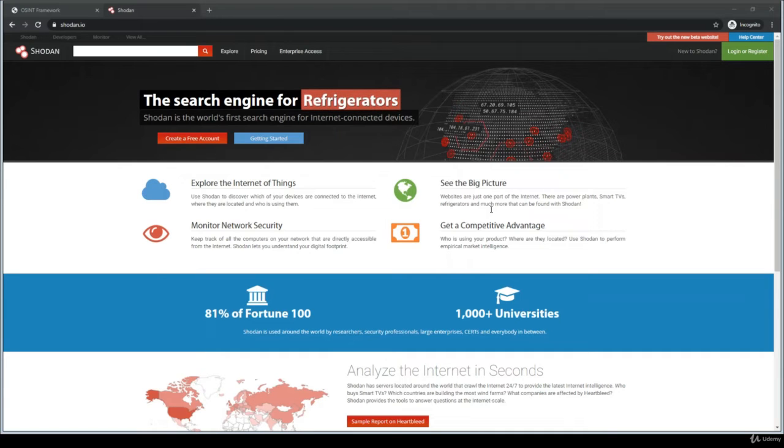Okay, guys, so let's start where I stopped the recording. I was discussing Shodan, which is the Internet of Things, or Internet of Everything, search engine. As I said before, Censys and Shodan are both really interesting search engines to find Internet of Things devices, smart devices. So let's quickly do the search.